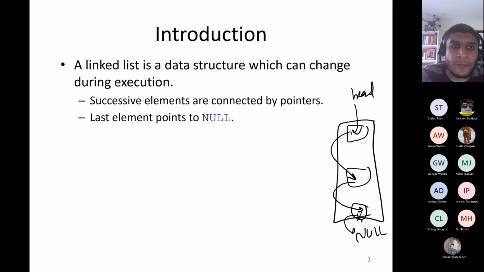Kurt, please go ahead. Is there a way to mimic this a little bit in C by using pointers to structures? I know, yeah, obviously. 100%. Yeah, okay. That's a good point. In fact, you can implement a linked list in C